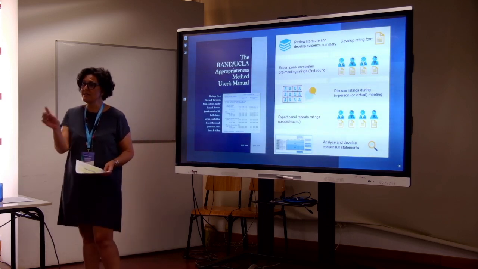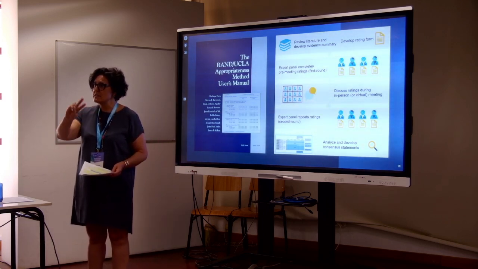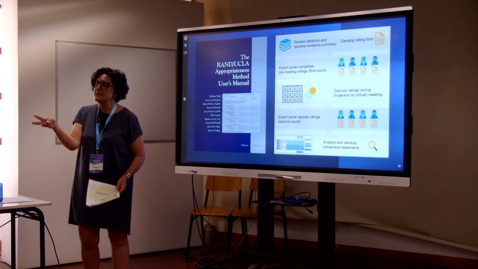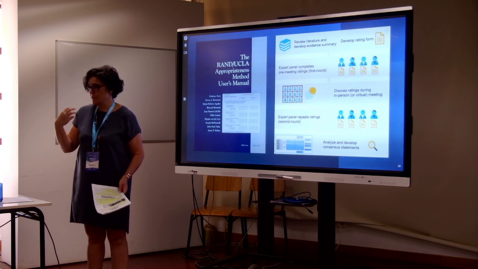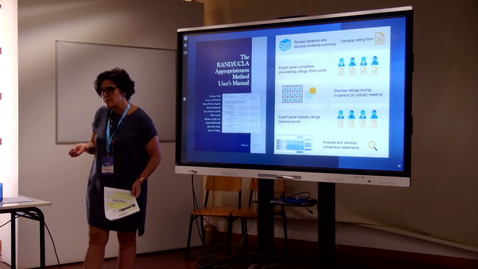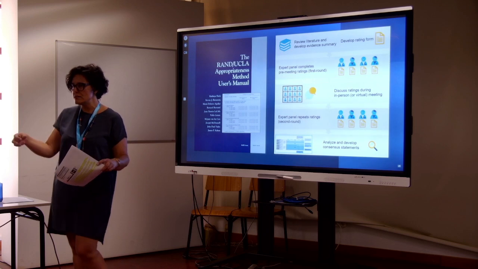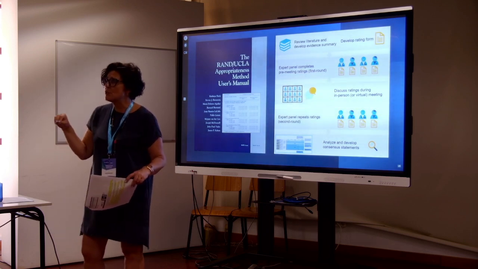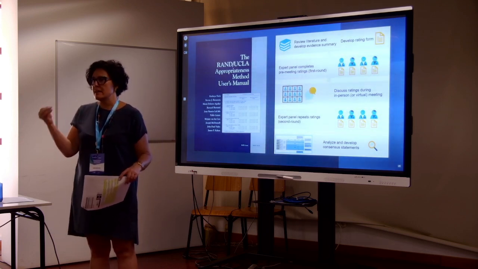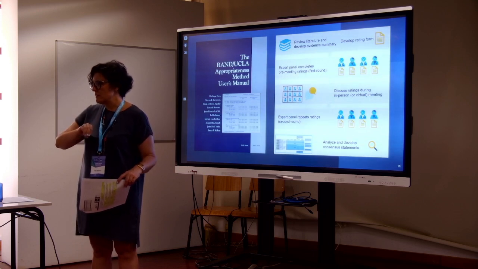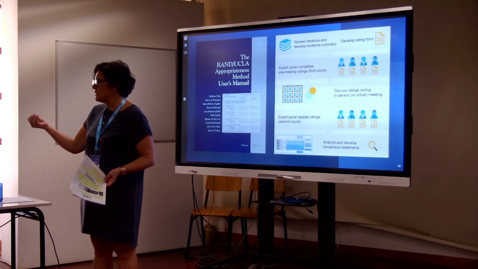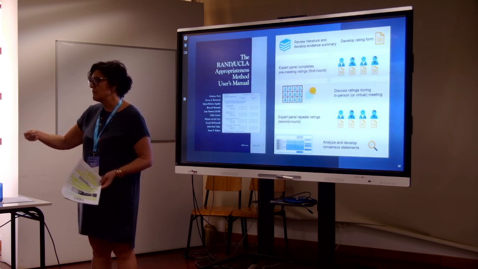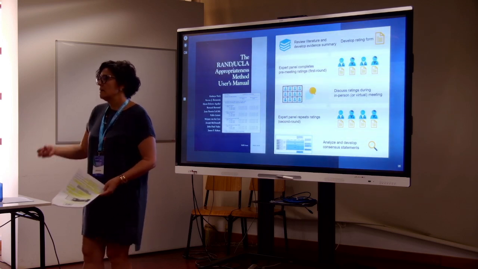The second part, because it's a mix between the Delphi study and the nominal, they have a face-to-face discussion. So they individually rate the items, and then they meet with the colleagues. They have the ratings, the group ratings, and they discuss the results. For example, imagine, like Lucia, when we were presenting in the morning the results of the study.